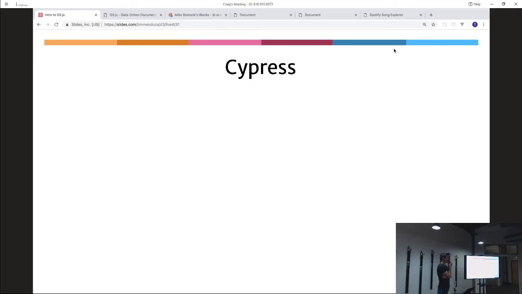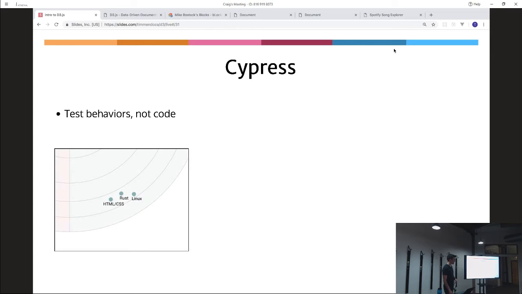It allows you to provide tests for all these tiny little behaviors in your D3 code. So the motto I came up with was test behaviors, not code. My approach to writing Cypress tests is the first thing I would do is sit down and write some English, just some sentences describing the behaviors that I'm expecting in my visualizations. And once I have all those written out, I will write the tests for them. To give you an idea of what we're talking about,